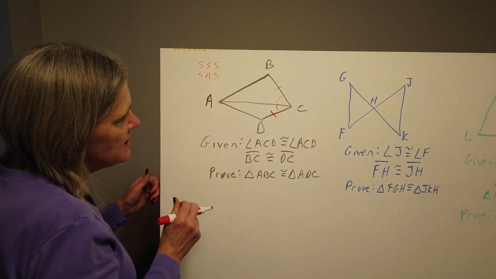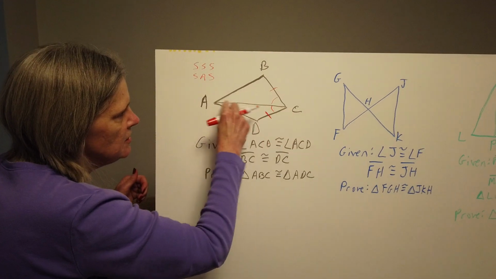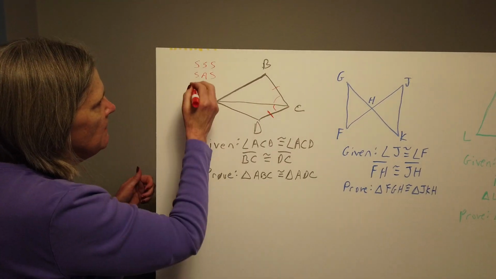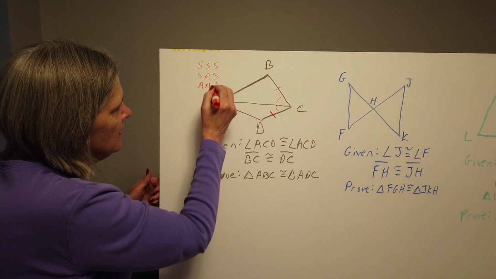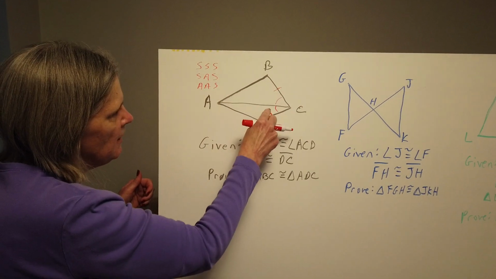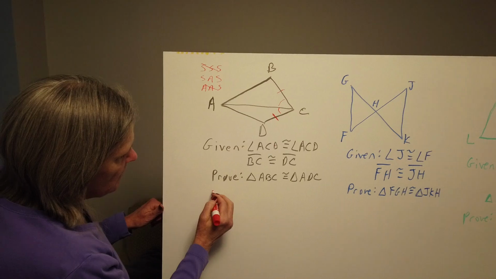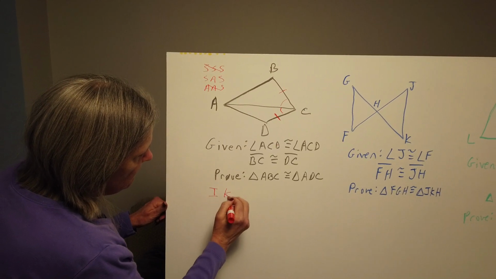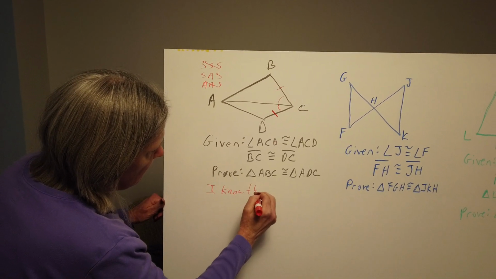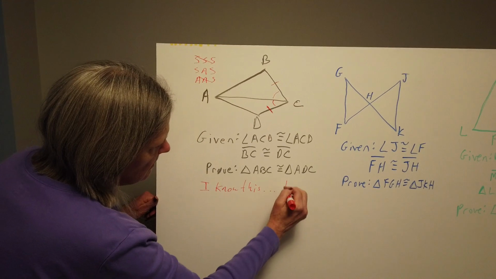I've got side, angle, side. Possibly I could do something here. I've got angle, angle, side, but I only have the one pair of angles, so that's not going to work, and that one's not going to work. So what we always start with is the idea of, I know this